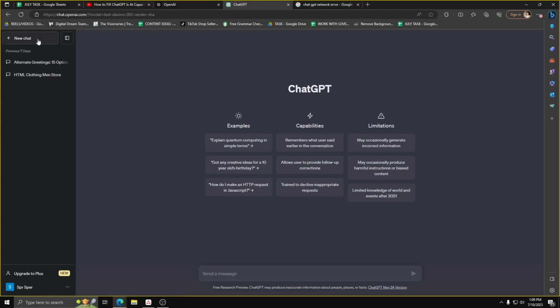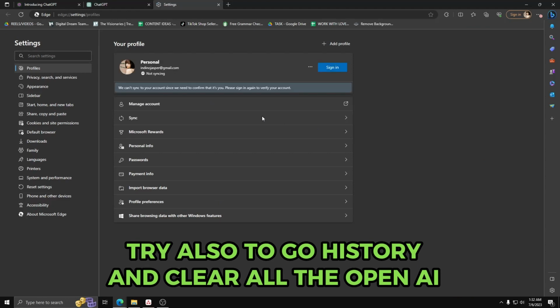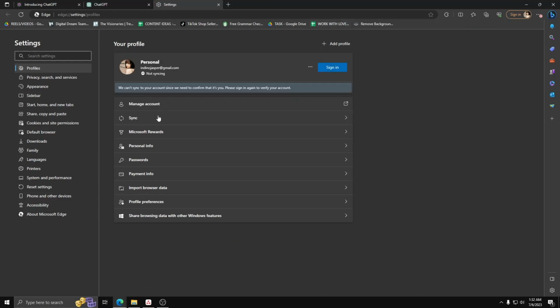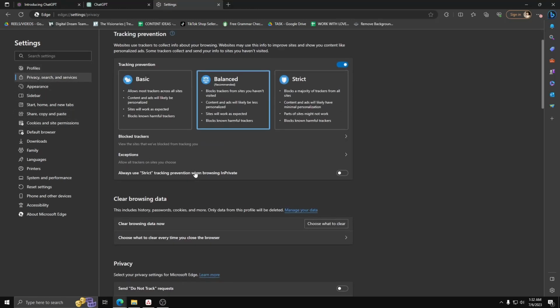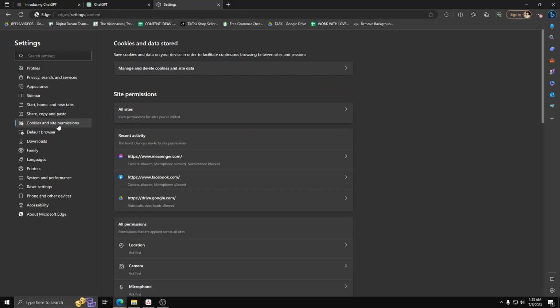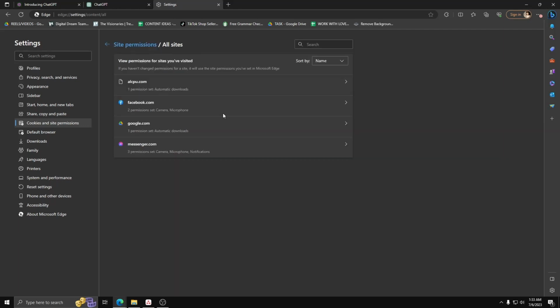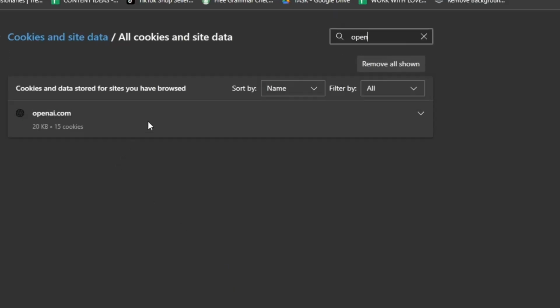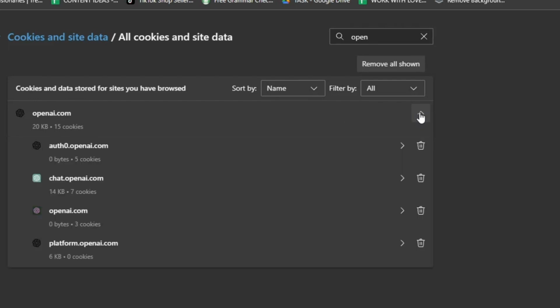And the next thing you want to try doing is going to the settings of your web browser and deleting all things OpenAI related in terms of the history, cookies, and site data. So to do this, go to your settings and on the left-hand side, look for your cookies and site permissions settings for your web browser. It could differ depending on the browser that you use. Search for OpenAI and go ahead and delete all cookies and data stored for your web browser in relation to